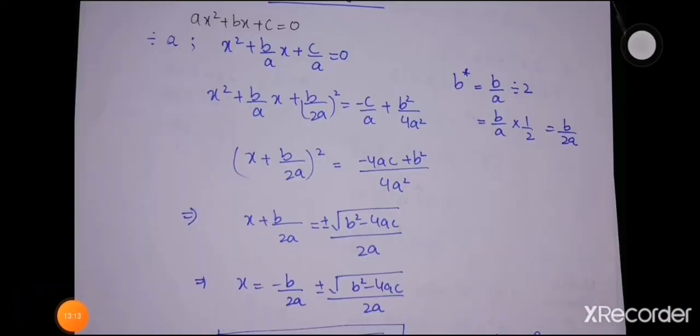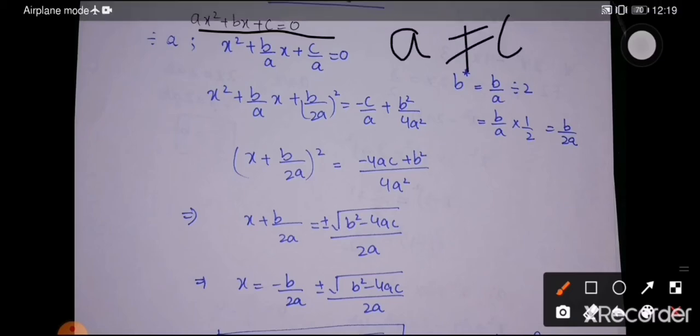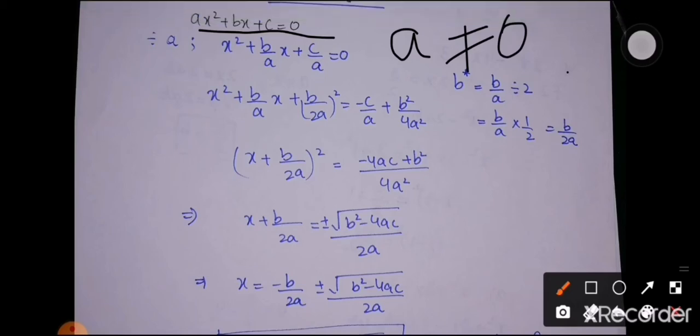Now we will apply the completing square method on the equation ax square plus bx plus c is equal to 0, the general form of quadratic equation. So we will divide the whole equation by a because the coefficient of x square is a, not 1, and we know that we have imposed the condition that a is not equal to 0, so it means that division is possible. So dividing the whole equation by a, we get this expression. Now we will find out the value of b, or the square term in the formula. For this we will divide the coefficient of x by 2. So b over a divided by 2 is going to be b over 2a.